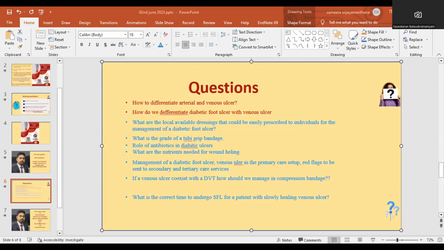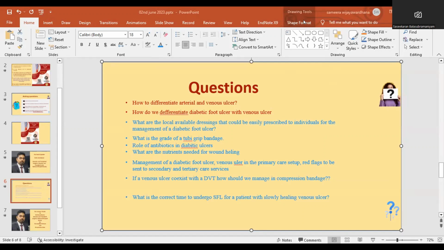Any diabetic patient, you have to monitor. It depends on your assessment. On a single day, it's very difficult to give antibiotics. Sometimes the patient comes to you for the first time; you have to assess, including the blood counts. You can clinically diagnose whether this patient is having infection. Then depending on your assessment, you can start antibiotic. Yes, antibiotic has a place in diabetic foot ulcer, and ulcer here means diabetic foot infection.